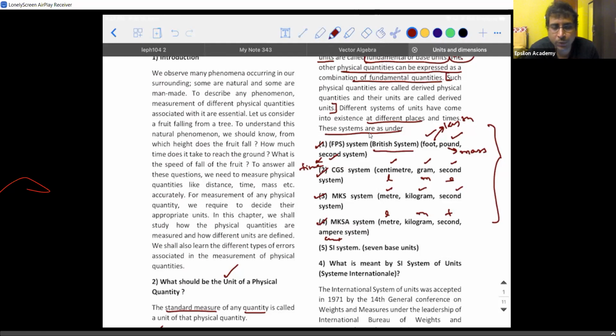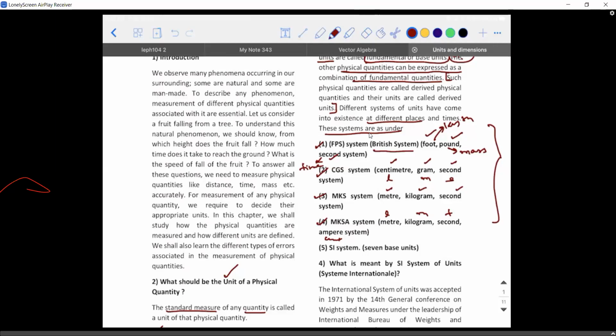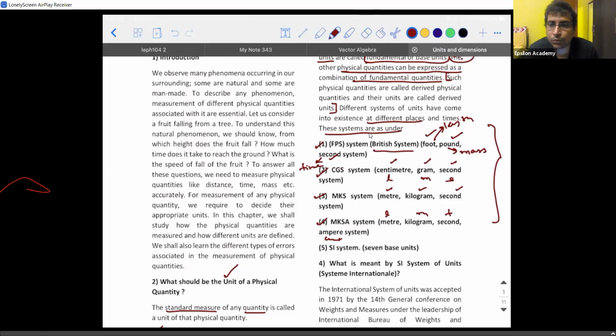So if trading is going to happen between one country and the other, what do you think is the difference that is going to get produced when a British person comes and speaks? Yes, they will come and start speaking in terms of foot, pound, and second, which our people might not understand. Right? You people are physics students, so you know the difference and you know the conversion. But from a layman's point of view, we cannot expect it, right? Not everybody knows. Are you able to understand?